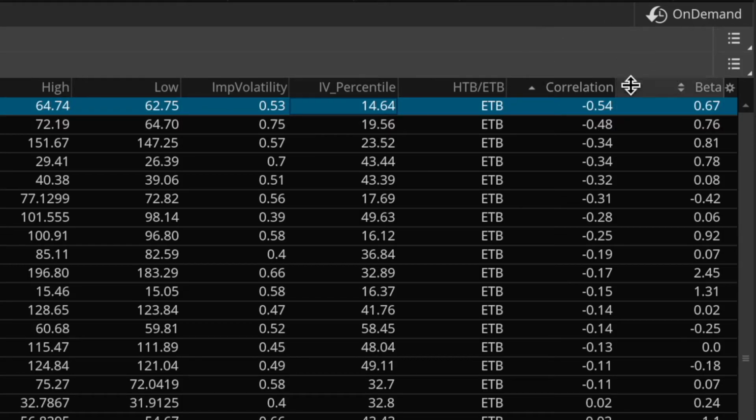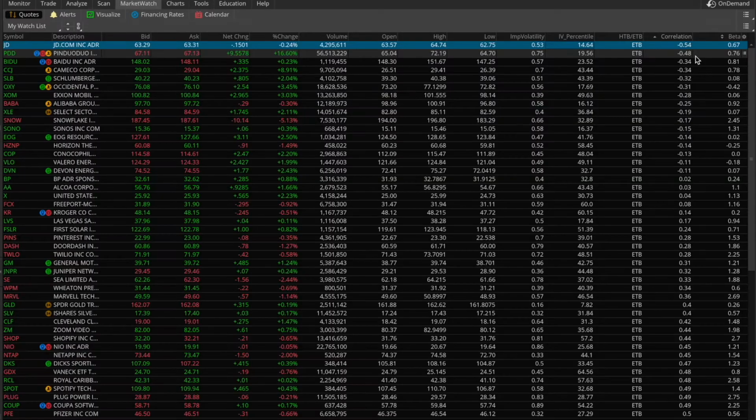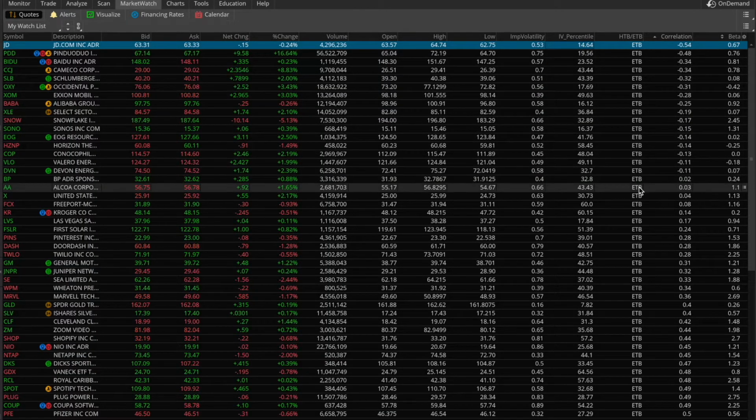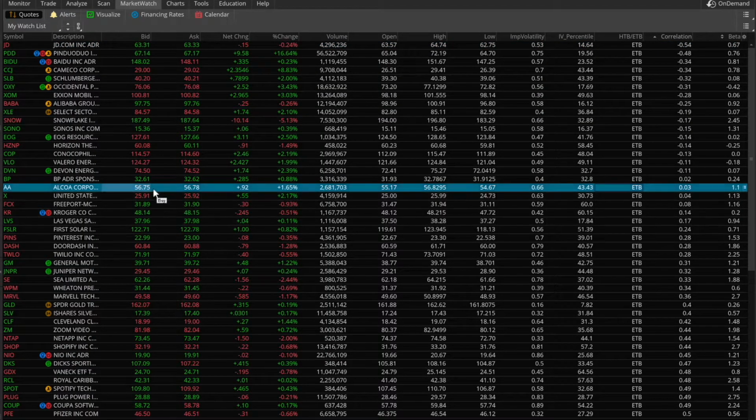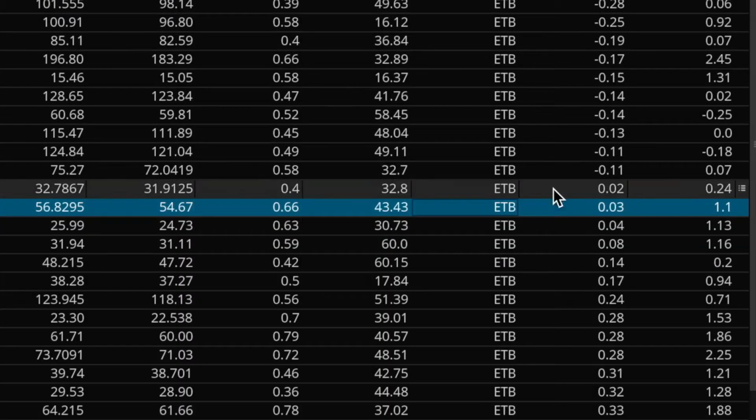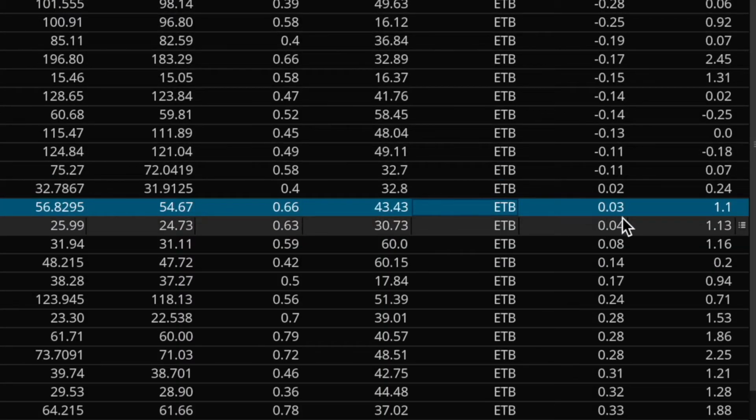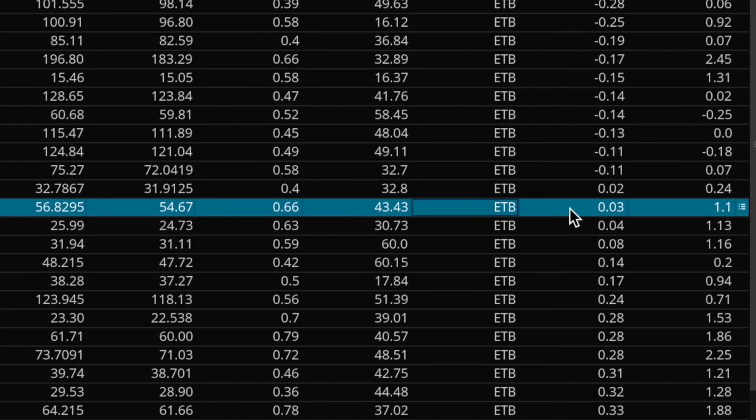That means this stock moves in a very opposite fashion to the S&P 500. And then lastly, for a stock with a correlation near 0, in the case here with Alcoa, that means there's basically no relationship whatsoever between this stock and the S&Ps. Right, so basically this stock is doing its own totally separate thing, and it's not really tied to the broader